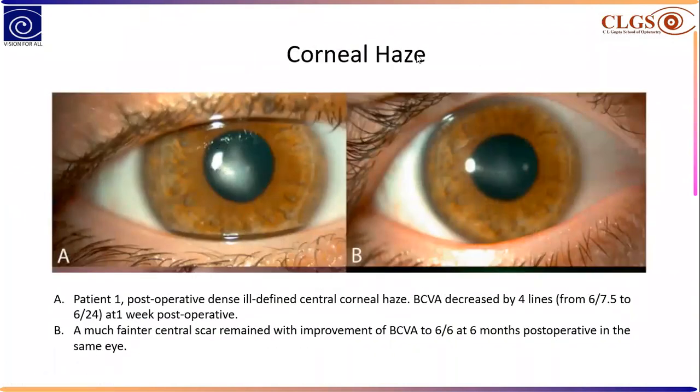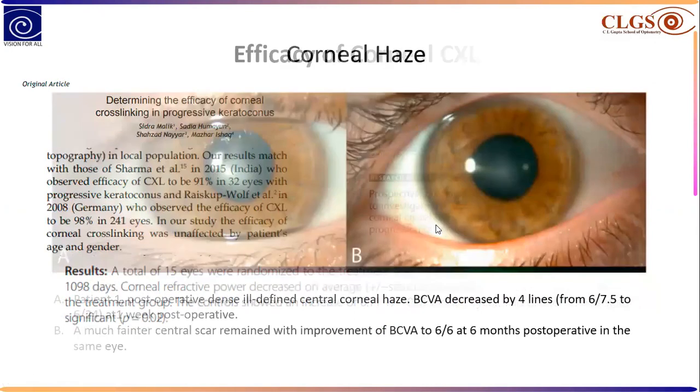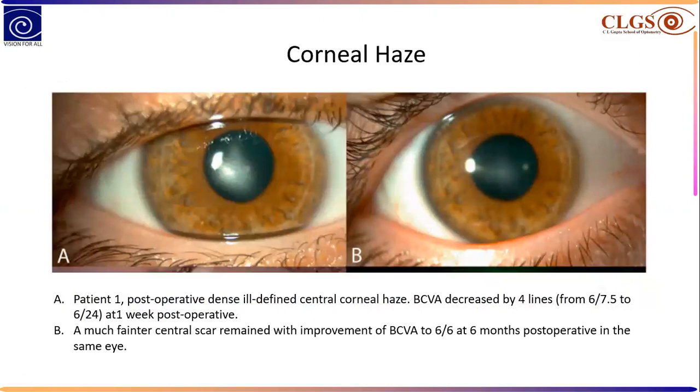So this is the picture which is showing the corneal haze. This is the patient. You are seeing a dense, ill-defined central corneal haze. If you can focus at this area. The same patient at a 6-month visit. You see the haze is quite lessened. The intensity has been quite decreased. And in 1 year's time, it will be totally gone. So whenever you're seeing a CXL patient with corneal haze, nothing to worry, because with adequate treatment, it will go by its own.